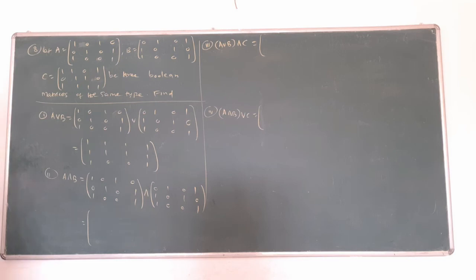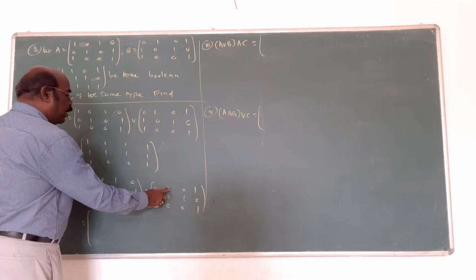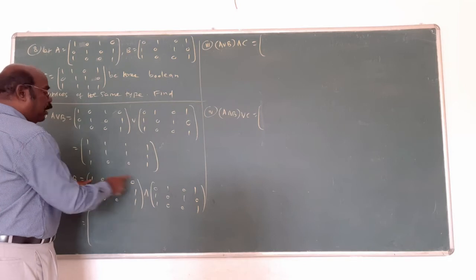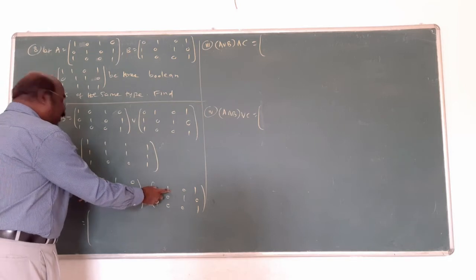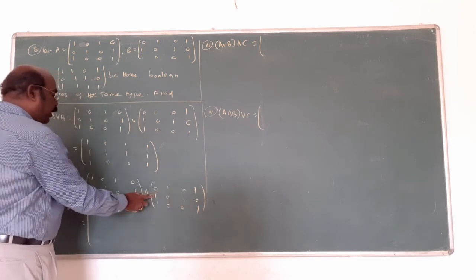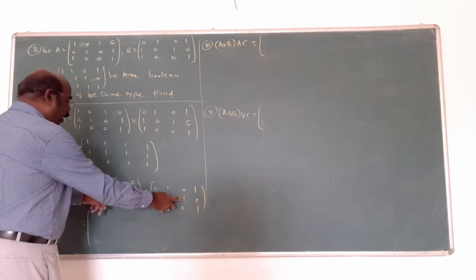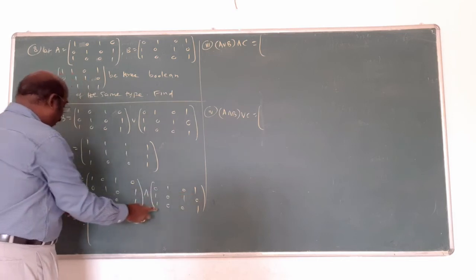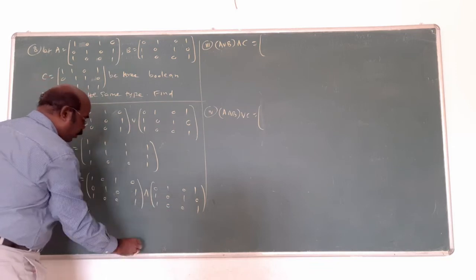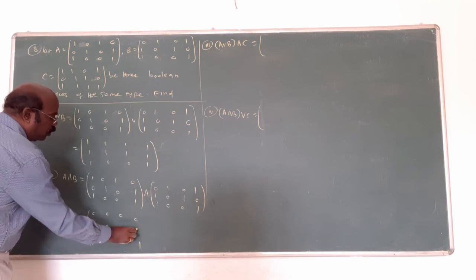Now where is both 1 actually? You will consider both 1. Here 1 is there, here not 1. Here 1 is there, not 1. The 0 is there, not. Here 1 is there, here not 1. Actually both 1 means 1, you know. Second one, here 1, but here not 1. Next, here 1, here not 1. But here 1, 1, here 1. Here 0, 0, no use. Last one, remaining all 0, 0, 0, 0, 0, 0, 0, 0, 0.